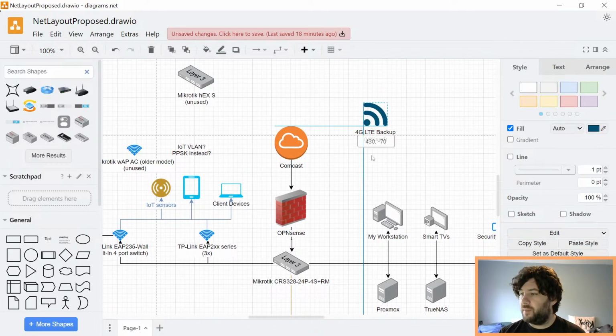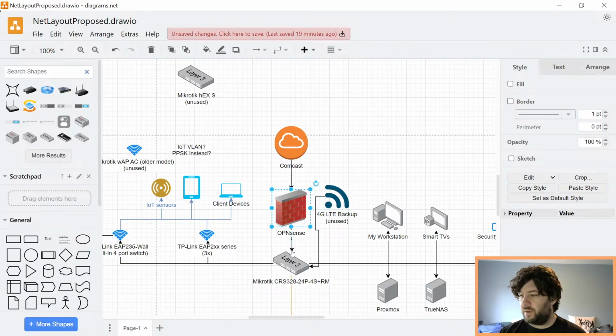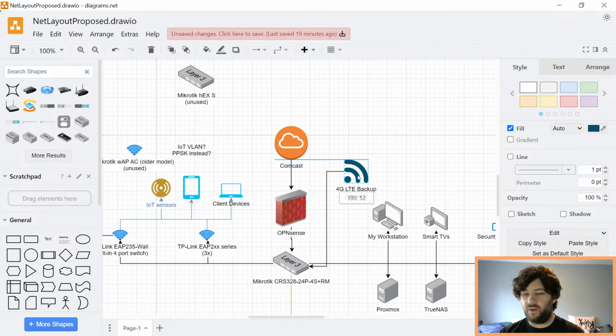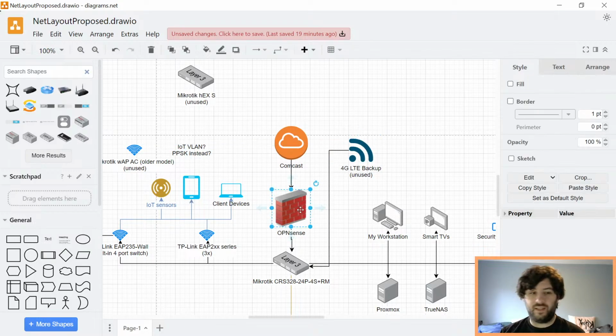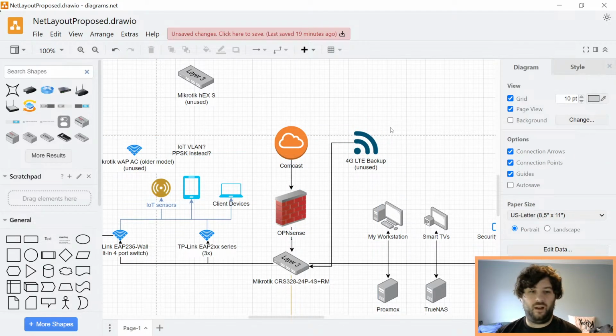So if I take the LTE modem and literally just plug it into the switch, then in theory it can just advertise another route on IPv6 in the 2000 range at low priority. When Comcast fails, clients should fall back to the address they already have on the low priority router. Or if the OpenSense box fails, or any of that happens, they should fall back to this one. The downside is I don't think RouterOS does